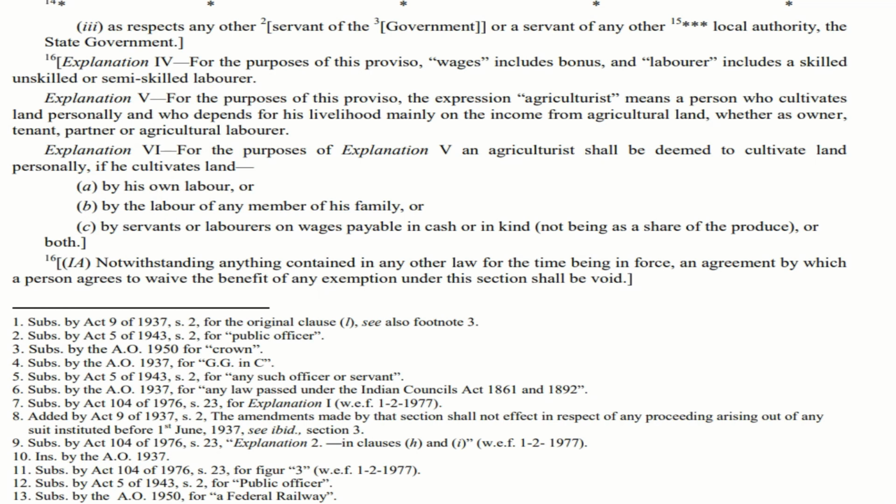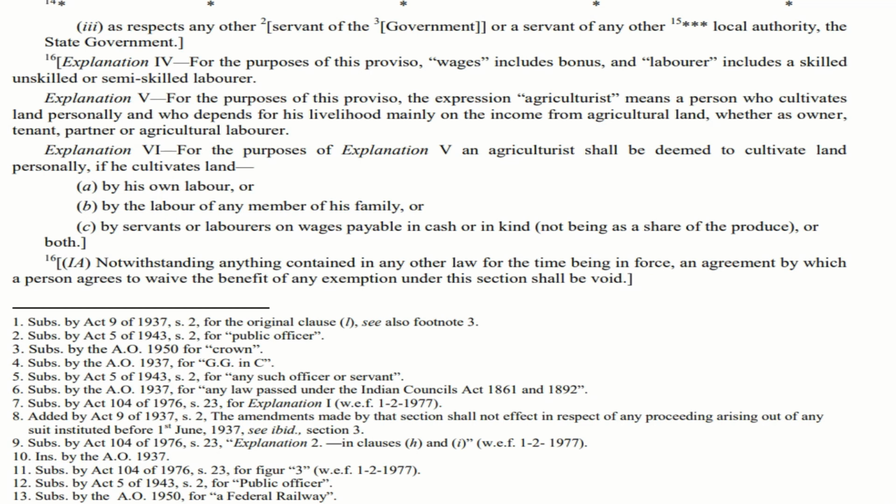The third point, what I am doing is I am engaging my servant to do some cultivation in that particular field, or I am engaging some laborer and I am paying him wages. I can pay him in cash or kind. But very important thing is I should not share the produce. For example, I am cultivating paddy, rice. I am saying that you cultivate this entire land, I'll give you 2 bags of rice which I am cultivating in this particular field. That will not be accepted. That cannot be considered as personal cultivation.